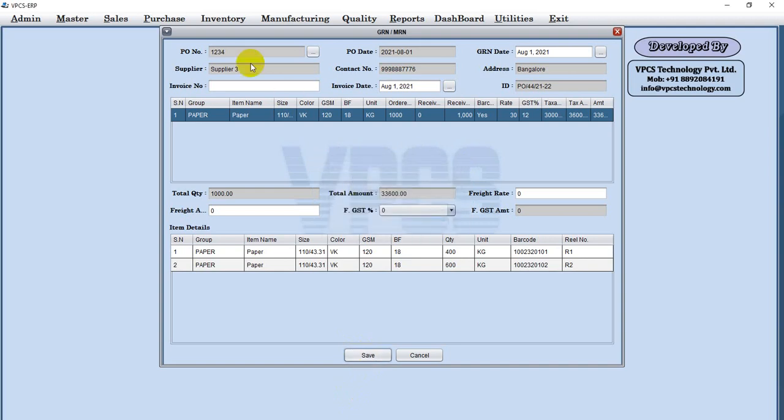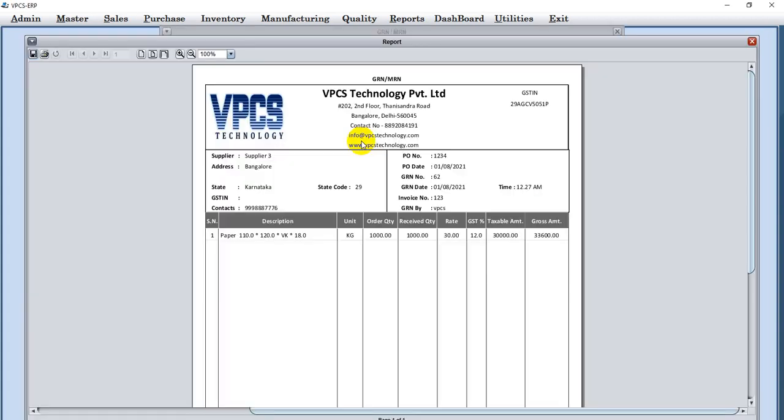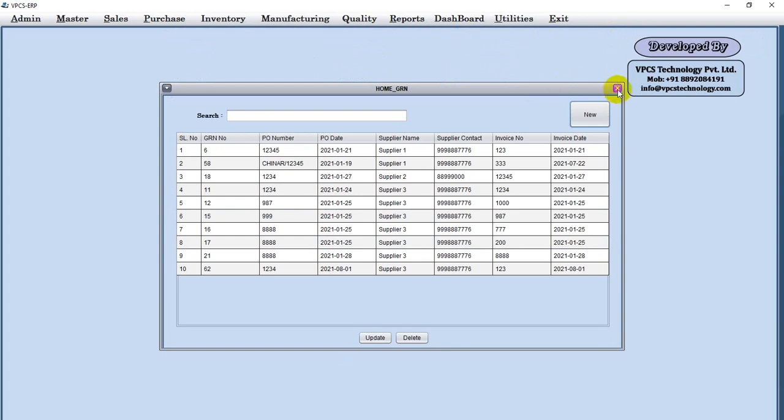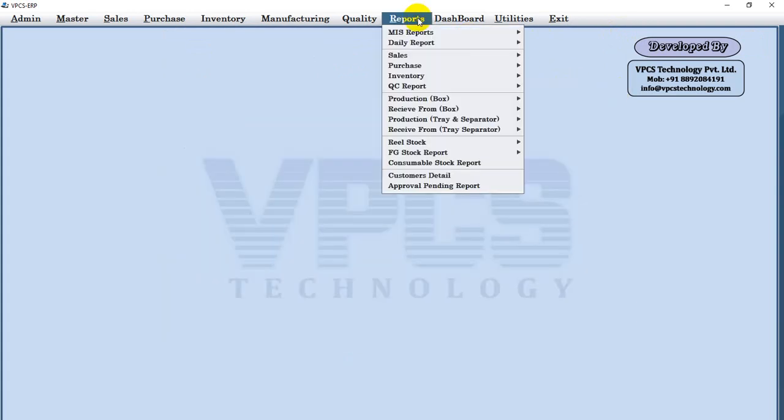Sorry, invoice number is a mandatory field. 1 2 3. Okay, no, I don't want to notify. Okay, you received that reel, but it is still not added to your stock because quality is pending. If you want the GRN report, the reel wise report, you may see it from here.